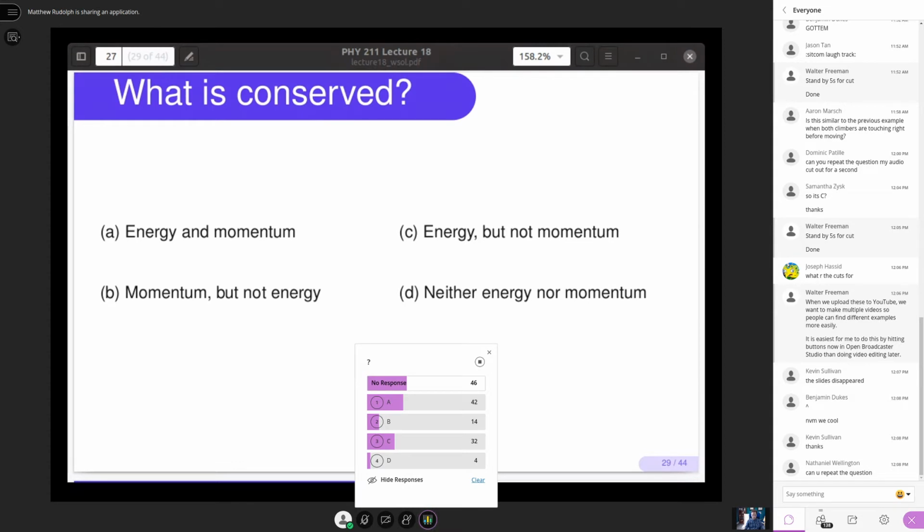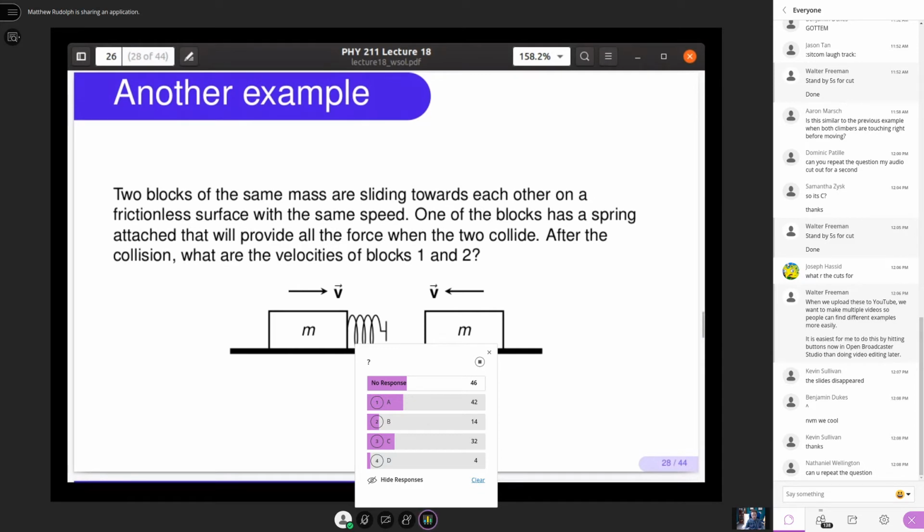All right, so most popular is A with a C close behind. So almost everybody thinks that energy is conserved, right? And that's good, right? Energy is conserved here, because if you think about the forces, right? So they're going to collide,